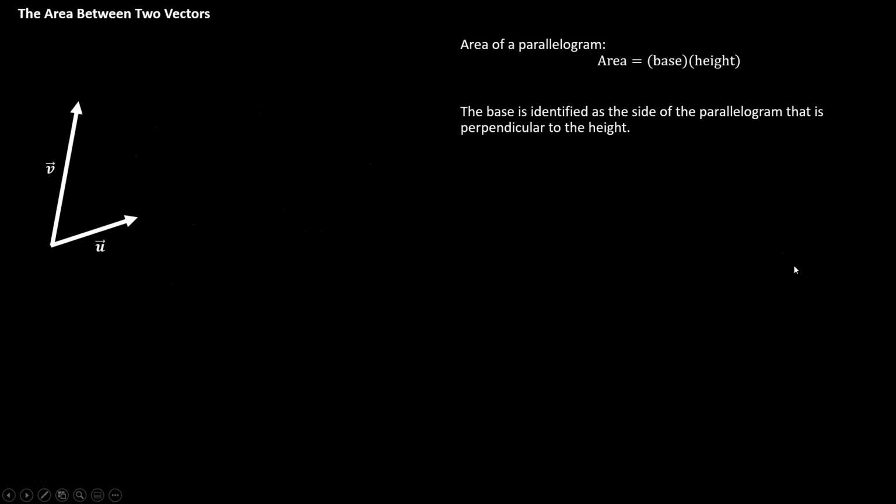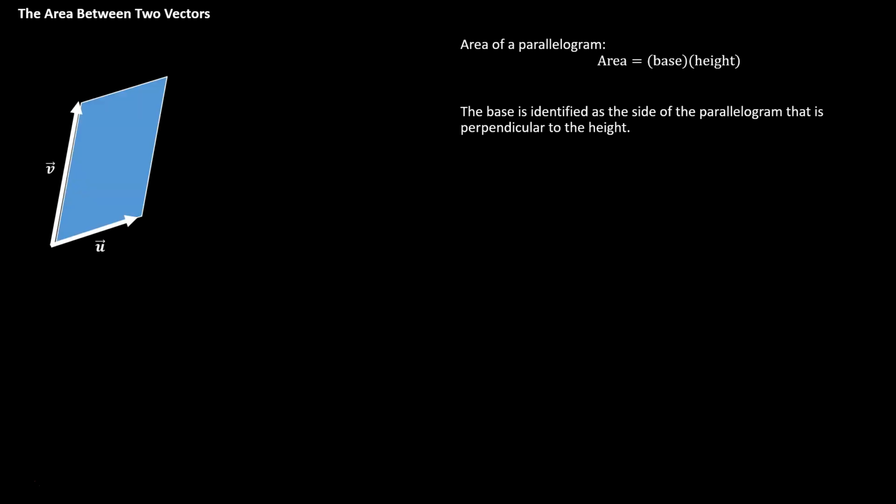Another scenario where you might calculate a cross product without being told calculate the cross product is when we're trying to calculate the area between two vectors. Now, the area between two vectors is represented using a parallelogram. You might think, oh, the area between the vectors should just be the triangle, but guess what? It's not. Somebody agreed a long time ago that the area between two vectors would be the entire parallelogram. So if we want to calculate that area,